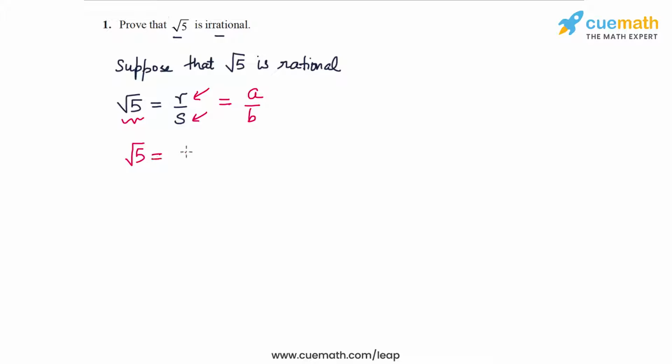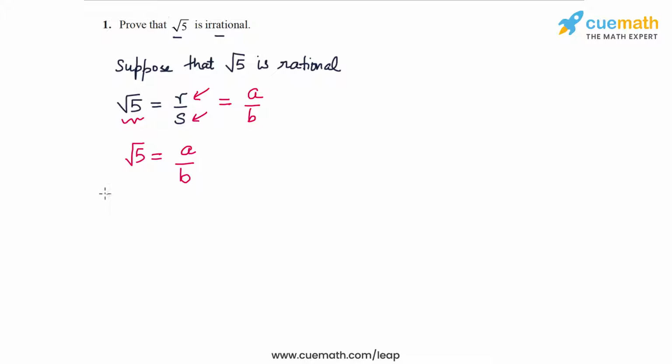So let's start by supposing that root 5 is a rational number. Let's say that root 5, when written in rational form, can be written as r by s, where both r and s are integers. Now if r and s have any common factors, let's cancel them out to get this as a by b in the lowest form. So we have root 5 as the rational number a by b in the lowest form,